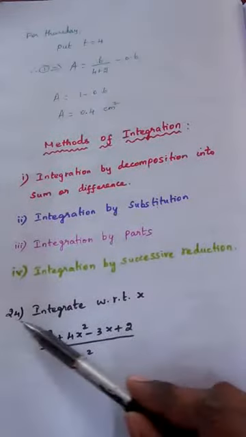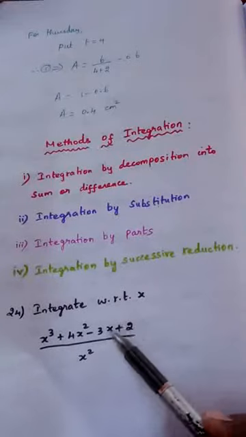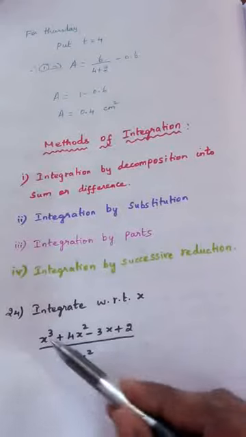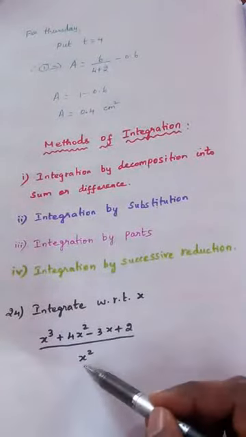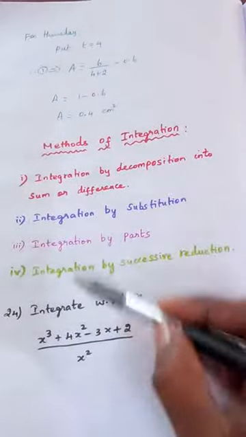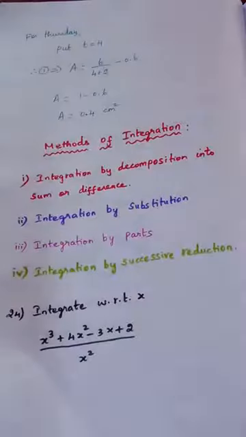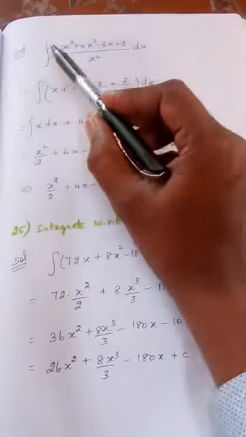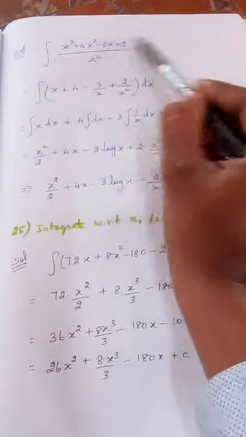So problem number 24, integrate with respect to x, one function is given. So we can use this first method because I can split this into 4 terms, x cube by x square, this by this, this by this, this by this, right? So that is called decomposition into sum or difference. I can write this as sum of 4 terms. That is what I am going to do in the next step. Now if you see, this is the question actually, integral, this is question into dx.